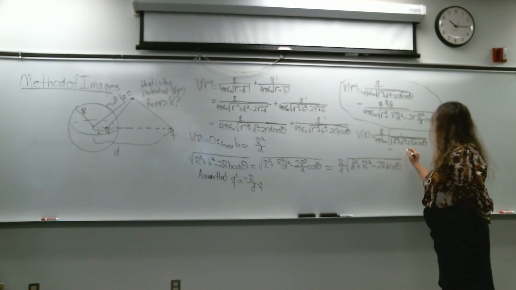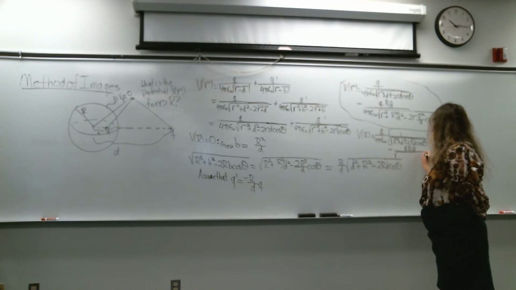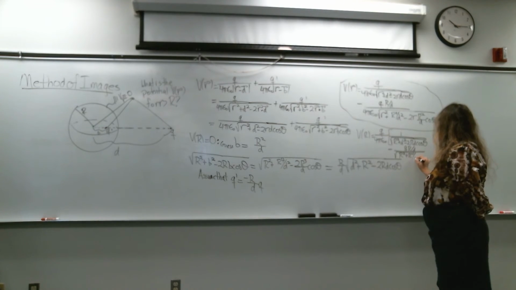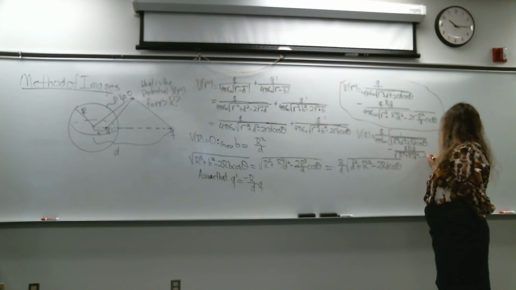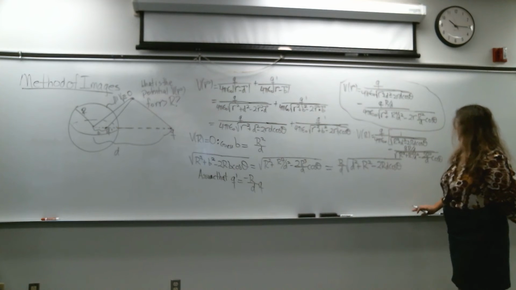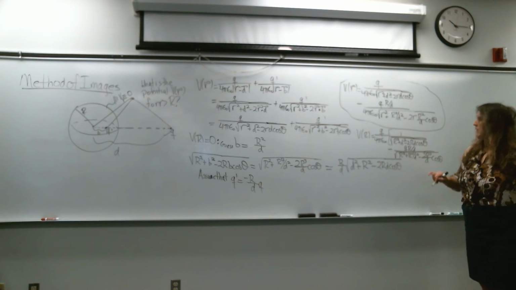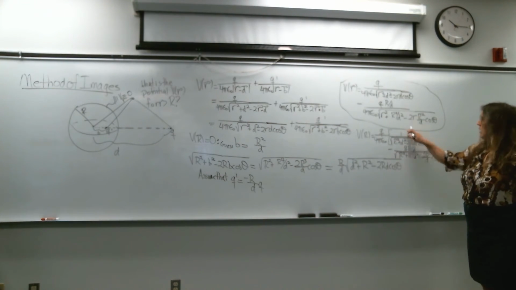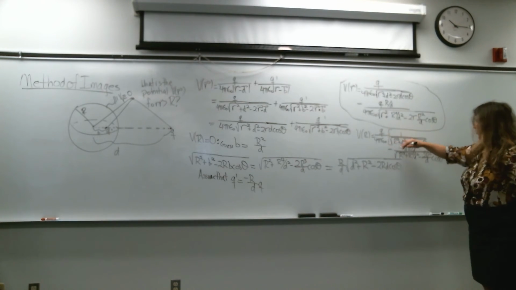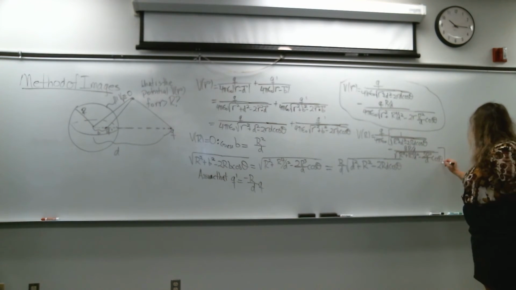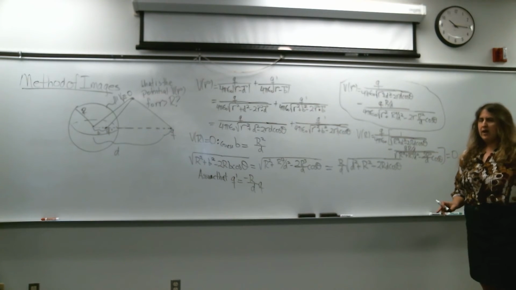Minus q r d over r squared plus r to the fourth over d squared minus 2r cubed over d cosine theta. If I pull r and d out of the bottom term, that'll cancel with the 1 in the numerator, and I'll wind up with basically 1 over all this stuff minus 1 over all this stuff, and that's equal to 0. And that's how you solve